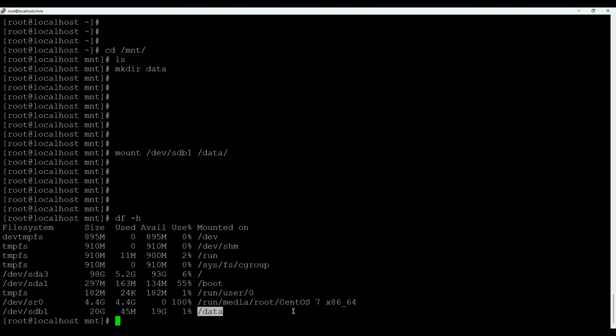I have temporarily mounted this partition. If I go with the reboot, this file system will be gone. I mean, the file system will be there, but this mount point will be gone. So to permanently mount a file system, we go with the fstab